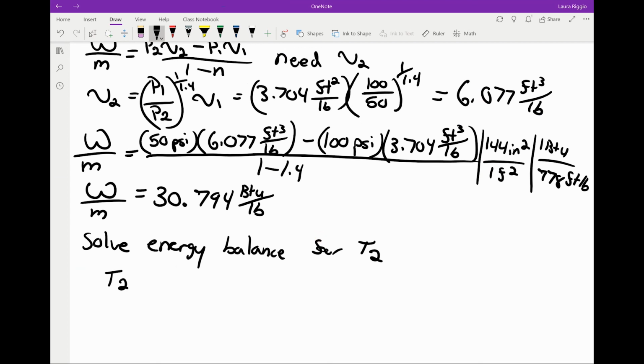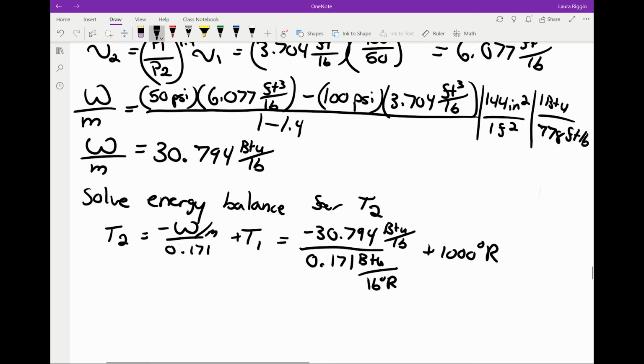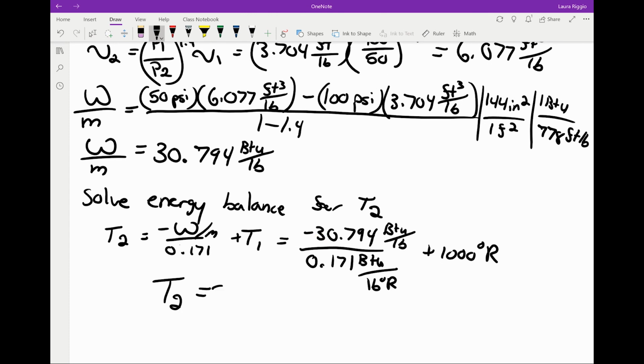We get T2 is equal to minus our work per unit mass over 0.171 plus T1, which equals minus 30.794 BTU per pound over 0.171, and the units of this are BTU per pound degree Rankine, plus 1000 degrees Rankine, which gives me that T2 is equal to